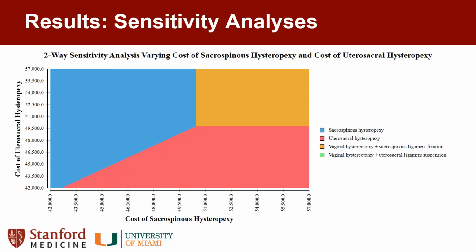We then performed sensitivity analyses on the cost of the different surgical strategies, as well as the recurrence rates and repeat surgery rates. When we varied the cost of the different strategies, vaginal hysterectomy strategies became the most cost-effective option when the cost of sacrospinous hysteropexy was greater than $50,000 and when the cost of uterosacral hysteropexy was greater than